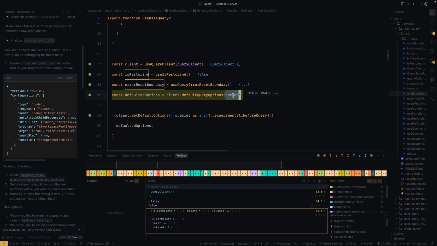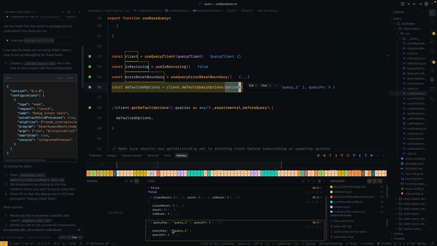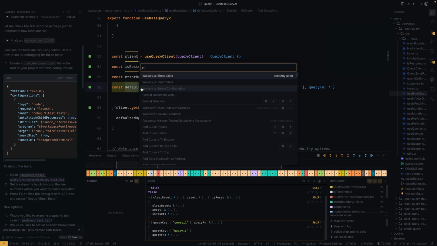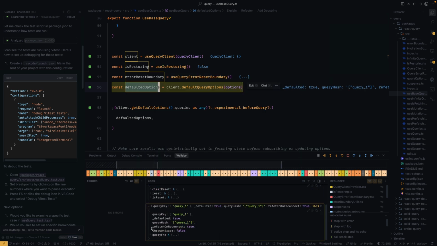If we inspect options, we can see that it's just a simple argument that we passed in when we called useQuery. The simple options we passed in when we called useQuery, which is the query key and the query function. Now, if we take a look at what defaultedOptions is, you can see that this is where things start to get interesting. This function takes a plain, simple